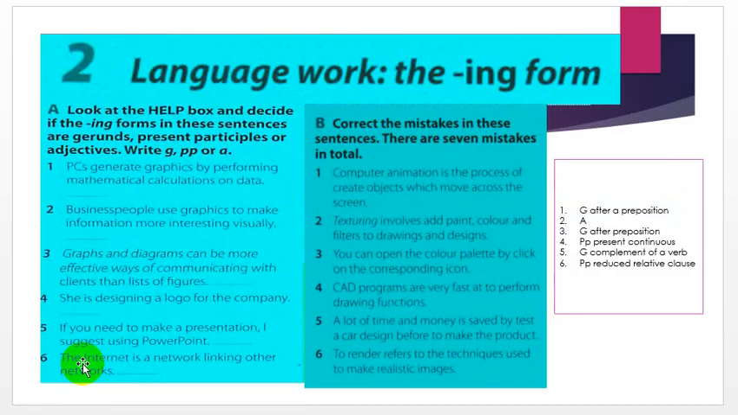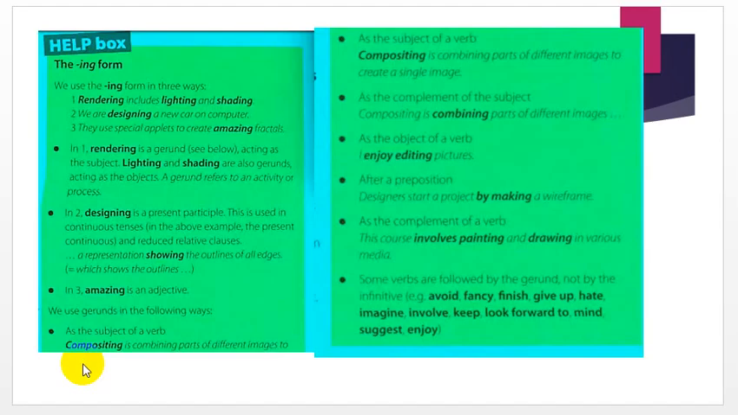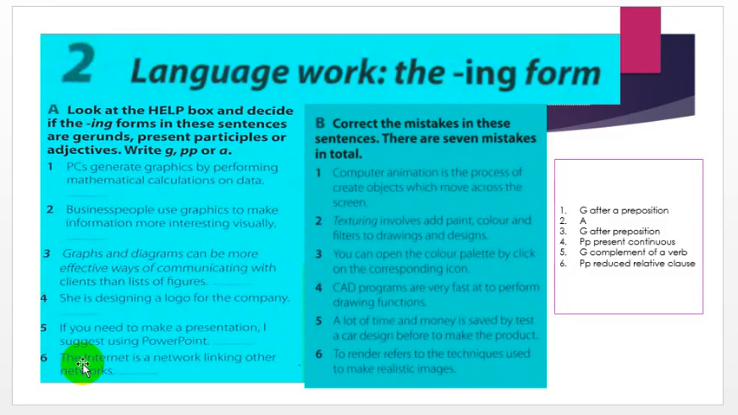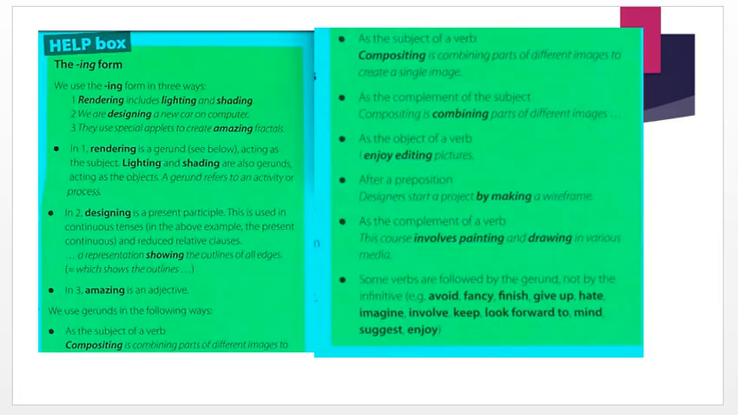Okay, and language work: the ing form of the verb. This is a kind of practice. Before that, at first we are going to study these help books. After that, please do this practice, and here is the answer key. Okay, what is the ing form of the verb? We use the ing form in three ways. How many ways? In three ways. See,